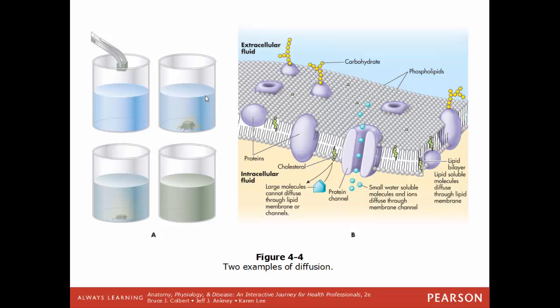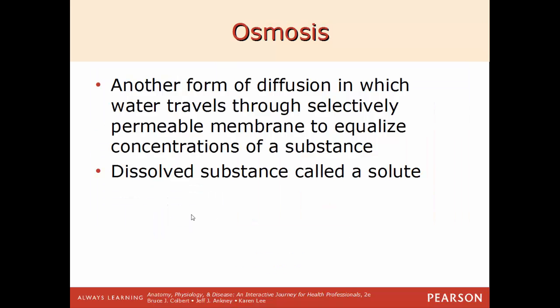The molecules haven't gotten there yet. But if you give it enough time, there will be an equal distribution. Right. Next type of passive transport, osmosis, is another form of diffusion where you have water moving across a selectively